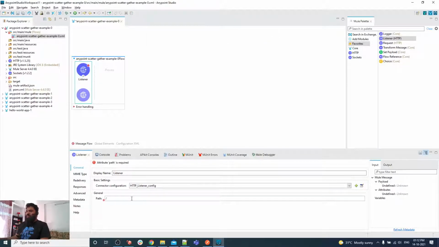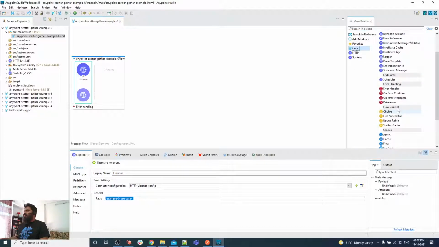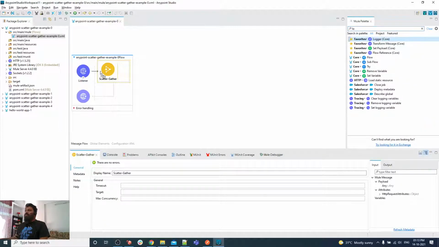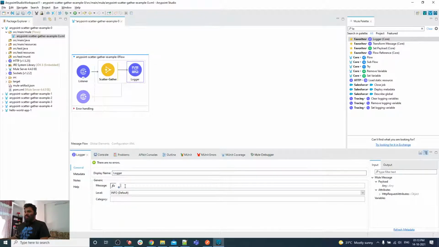Configuration, it will be example 0, use case 1. Okay, and let me take from the core component. In the core component, in flow control, you will get scatter gather from the Anypoint Studio palette. I just drag and drop. Let me now put one logger message. For example, this logger is route first, just think I have printed this.